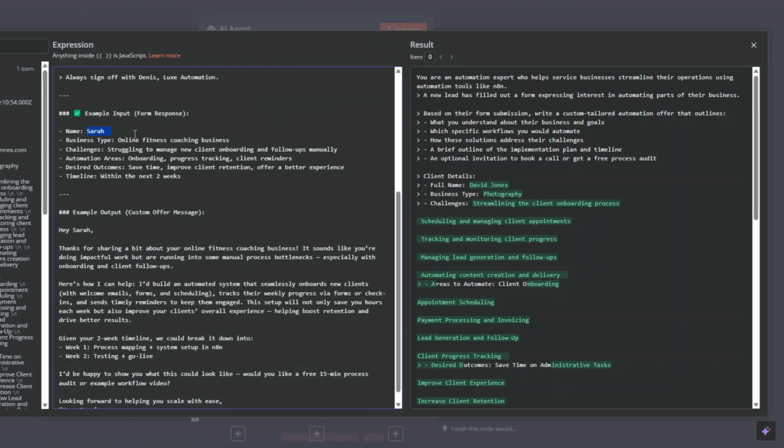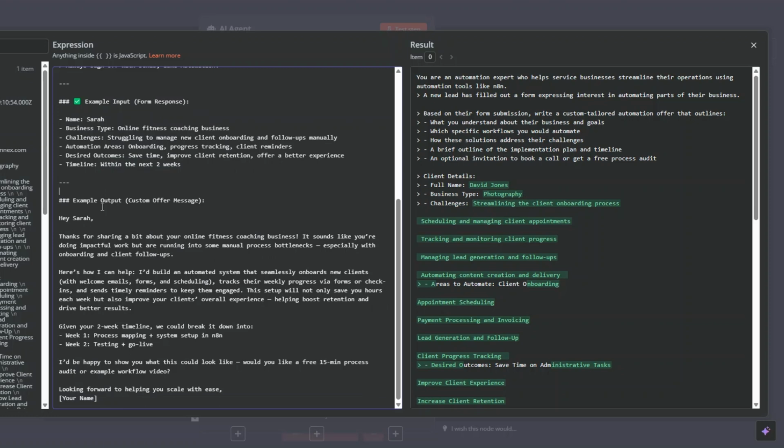For example, the client's name is Sarah, and their business type is that they're running a coaching business. Here are the challenges they're facing in their business. Here are the areas they would like automated. Here's the desired outcome, and the timeline over here. And now we're going ahead and writing a custom offer message for Sarah, where the custom offer message could be along the lines of,